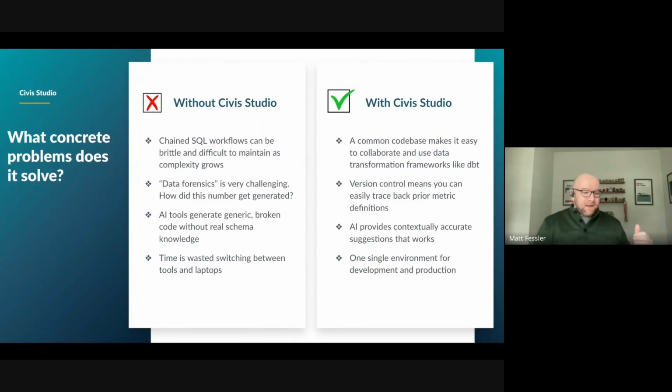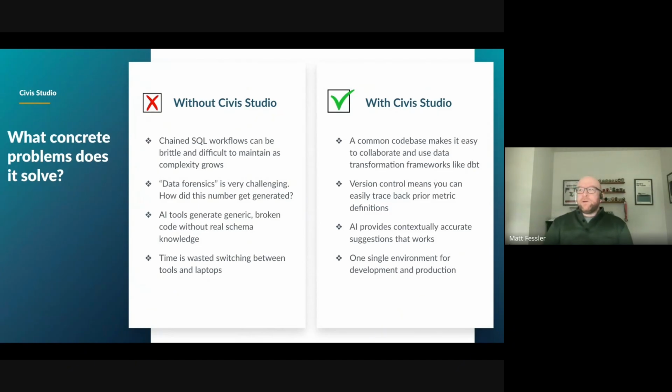And then finally, this is a little bit of dirty laundry from users. We get screenshots with about 80 tabs on them, and I'm guilty of this, by the way. We can see that people are going between tabs and changing tools throughout their day to day development lifecycle. We're going to help change that within Civis Studio.